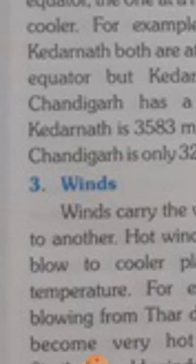Okay. Then winds. The third factor that affects the climate of a place is the wind. So the wind carries weather from one place to another. That means if hot wind blows, that area will be very hot. We know that in summer season, the hot wind blows in all the areas, so that area will be hot. But if cold wind blows over an area, that area will be cold. So hot wind brings hot or summer climate, cold wind brings a cool climate.